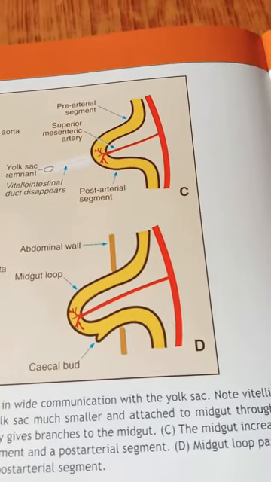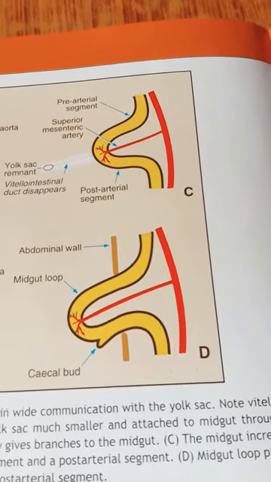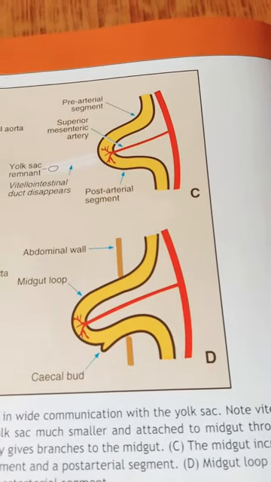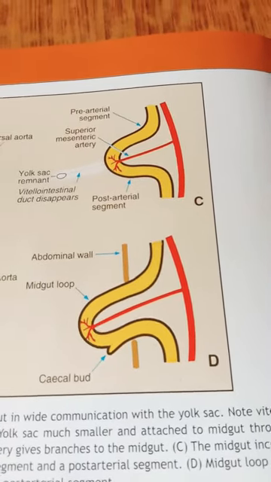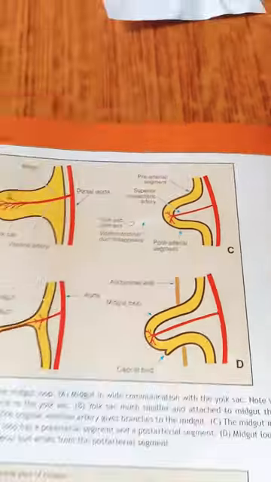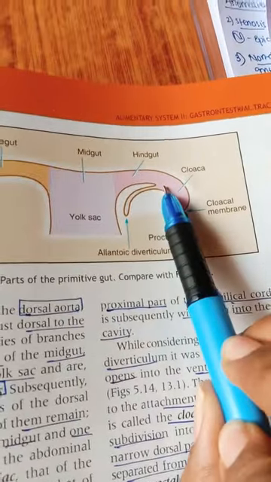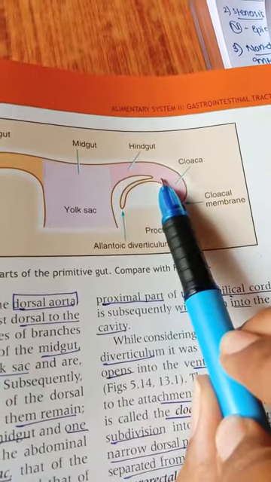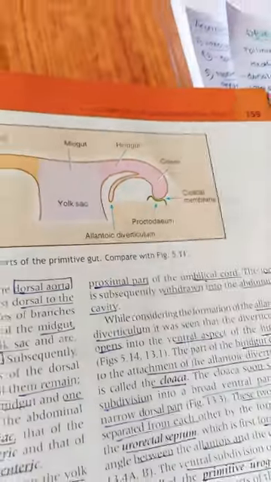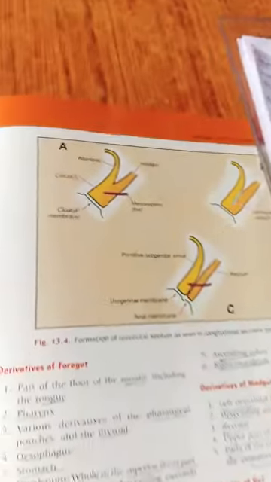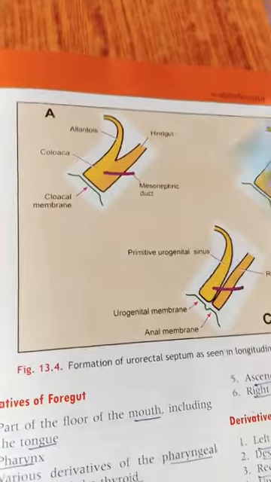Especially it lies in the proximal part of our umbilical cord. So next what happens is the allantois opens into the ventral aspect of the hindgut. So let us check out the allantois. Here you can see this is the allantoic diverticulum, which is opening into a ventral part of our hindgut, that is into the cloaca. You can see, right? So the same structure is here. This is allantois. It is opening into the cloaca.